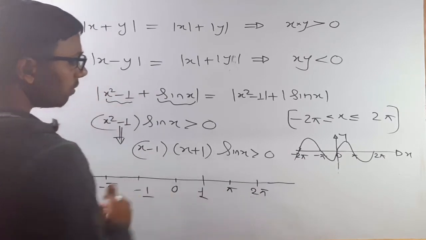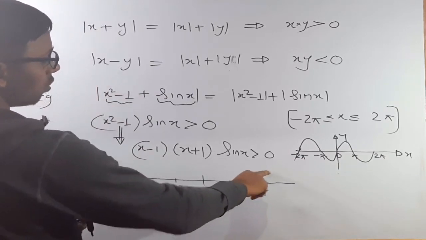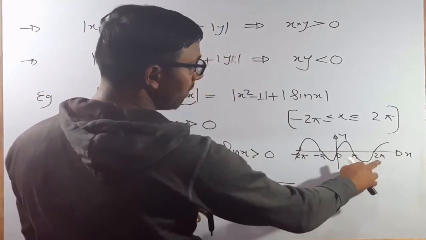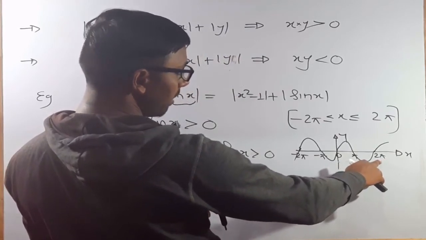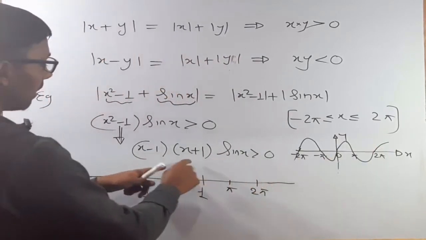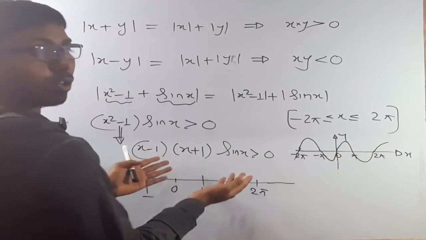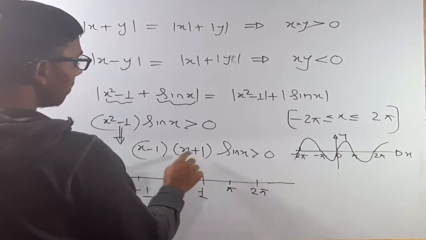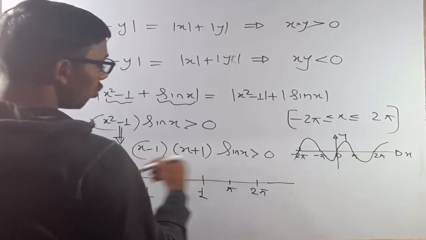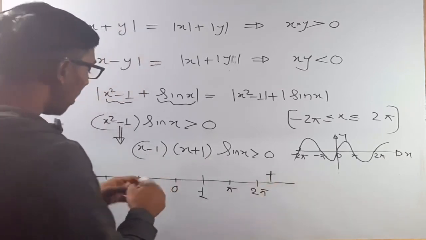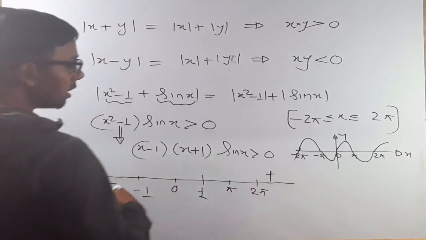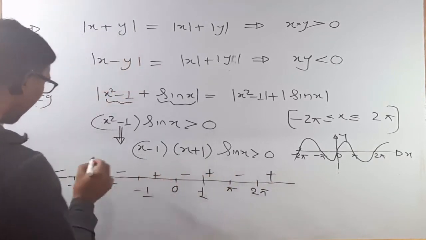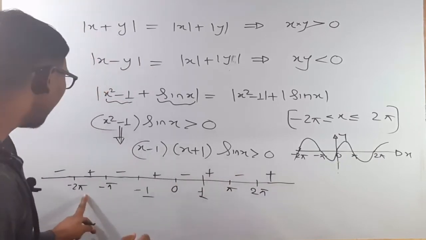So what we will do here, for x greater than 2 pi, what will be the sign of this sine function, okay. This will be positive, okay. And this will also be positive, because if we put the values of x greater than 2 pi, then this will be positive, this will also be positive, okay. So overall it will be positive, okay. Now we have all the points of inversion, and this will change its sign, positive, negative, positive, negative, alternatively at each and every point of inversion, okay.